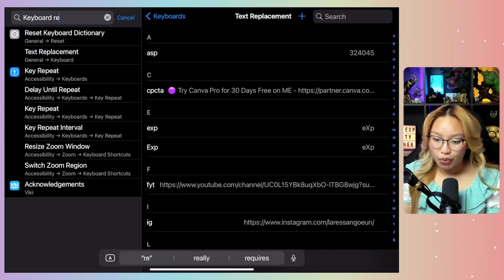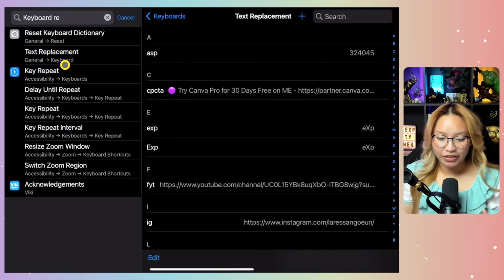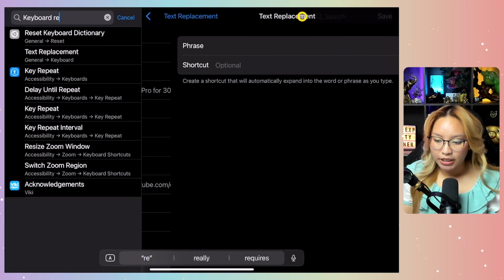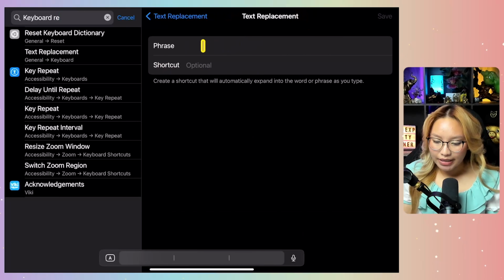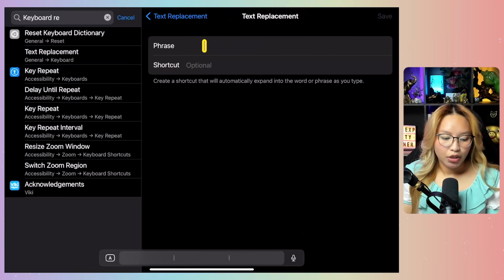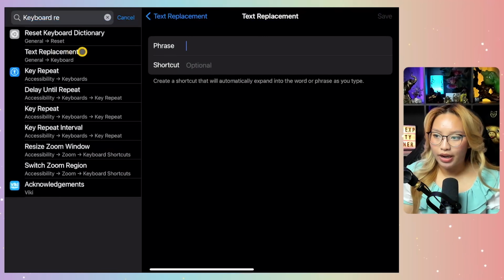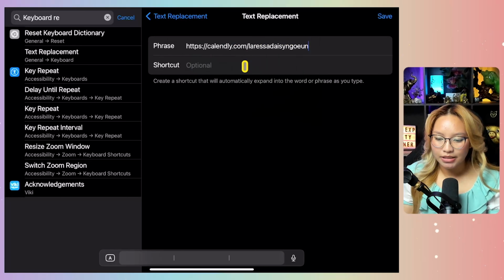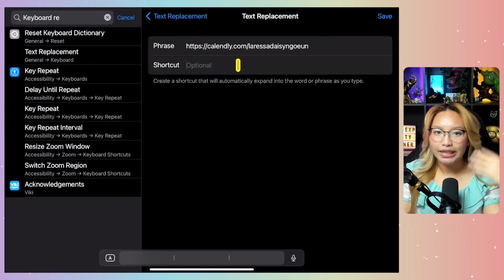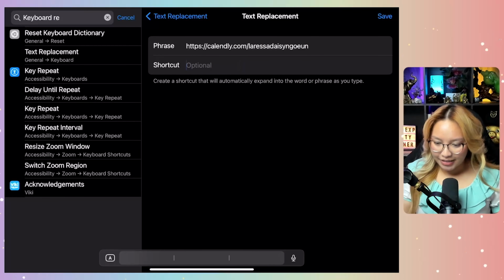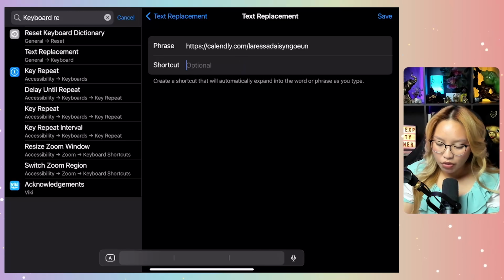You want to go to your settings on Apple here. Typically what you want to look for is text replacement, this one right here. And all we're really going to be doing here is just going up to this plus button here. In this case, the phrase has to be the URL link. So if we go back to our computer here, I'm just going to grab this link here, copy this, go back to our iPad, and we're just going to paste that in. And then you want to choose some kind of shortcut in your brain that you will recognize as this specific link. So I'm going to do